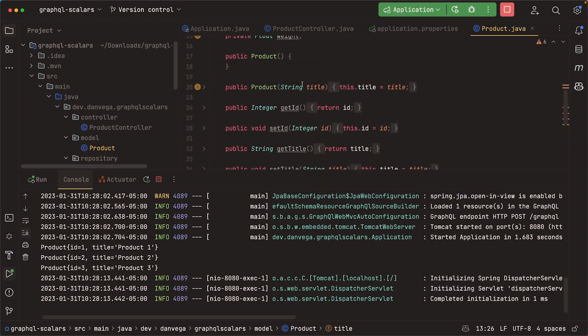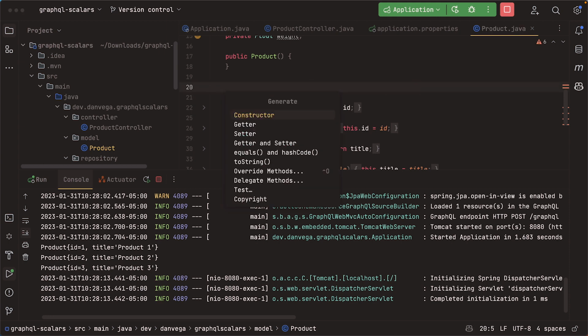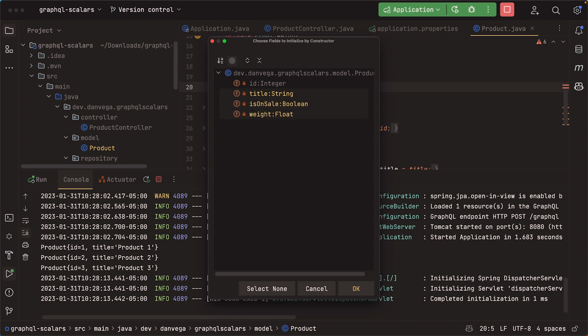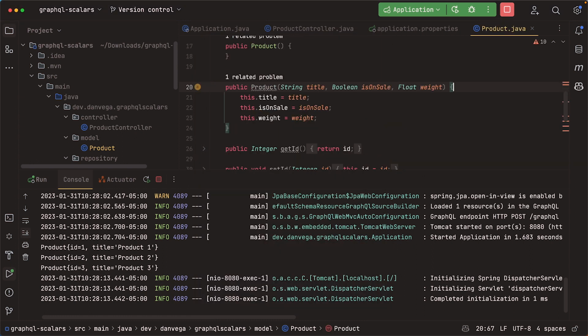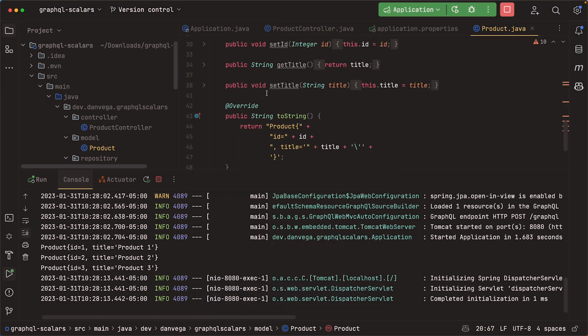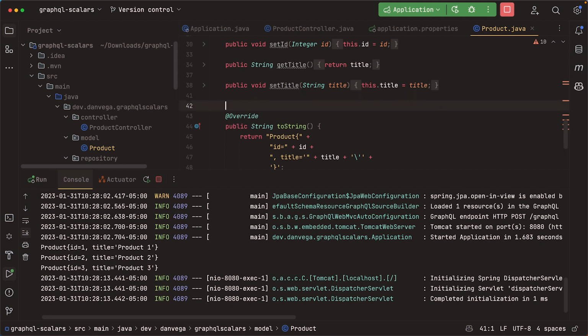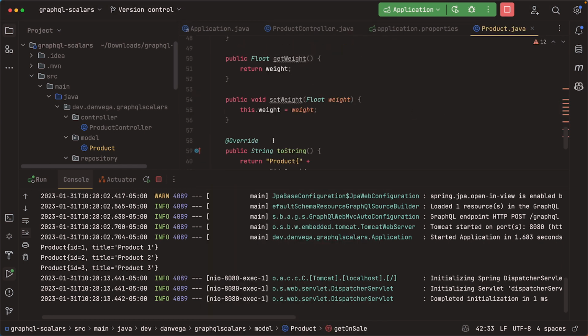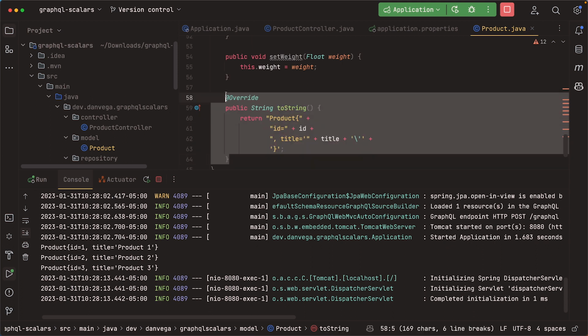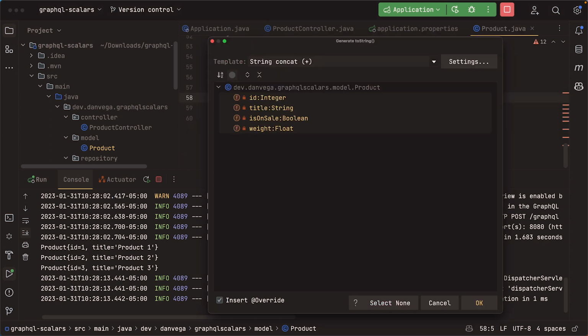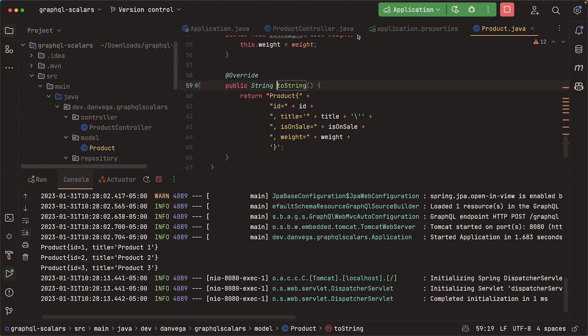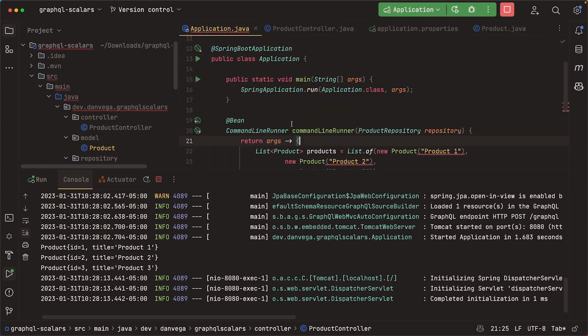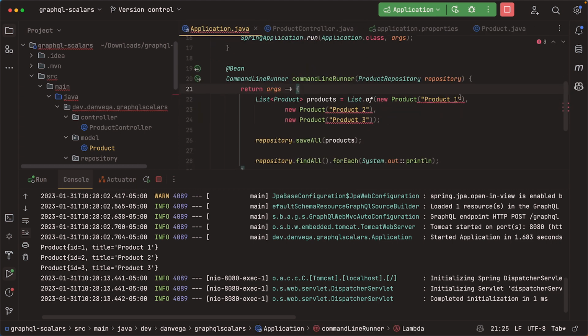So if we wanted to, we can go ahead and replace this with a new constructor that should take in a title, isOnSale, and weight. And then we'll just create a couple more getters and setters here. So getters and setters for those 2. And let's go ahead and replace this toString with everything. Great. So now when we go ahead and create these products, we'll need a few more